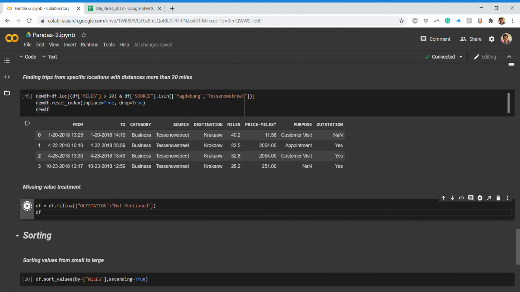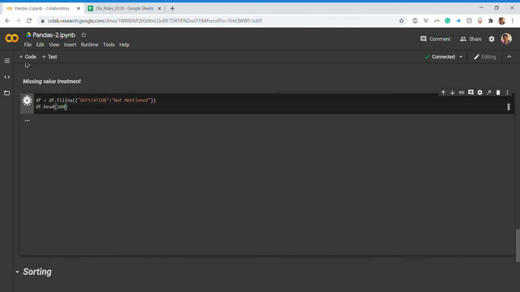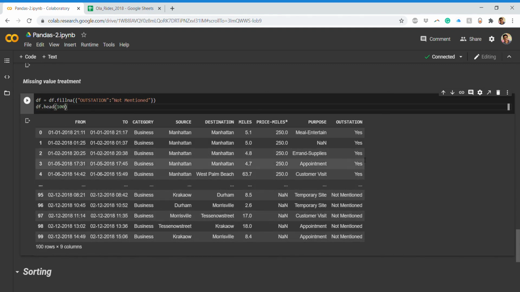and if I do a df, you can see that outstation shows not mentioned. Now this will be changed in the original data frame. So if you do a df.head of 100, you can see the changes have been reflected in the original data frame. So this is some kind of missing value treatment that you do.